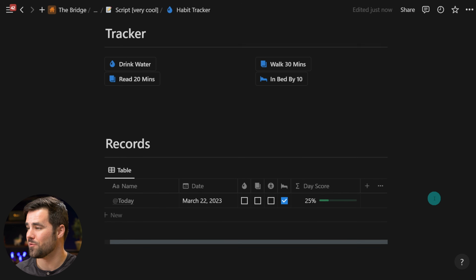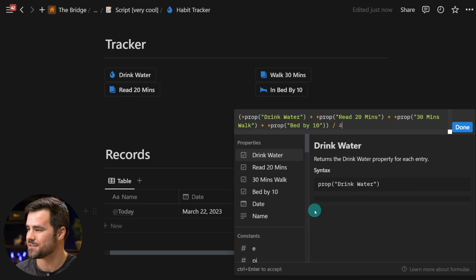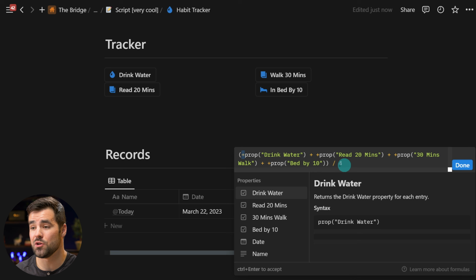And if I go into the formula, this is a little bit more advanced, but if you're curious, I'm basically just turning each of these checkboxes into a 1 or a 0 using this little plus prefix right here. It's called unary plus, and then I'm dividing by 4, so I'm getting the percentage of completion, and we're all good there. So to wrap this video up, I did promise that I would show you how to do that